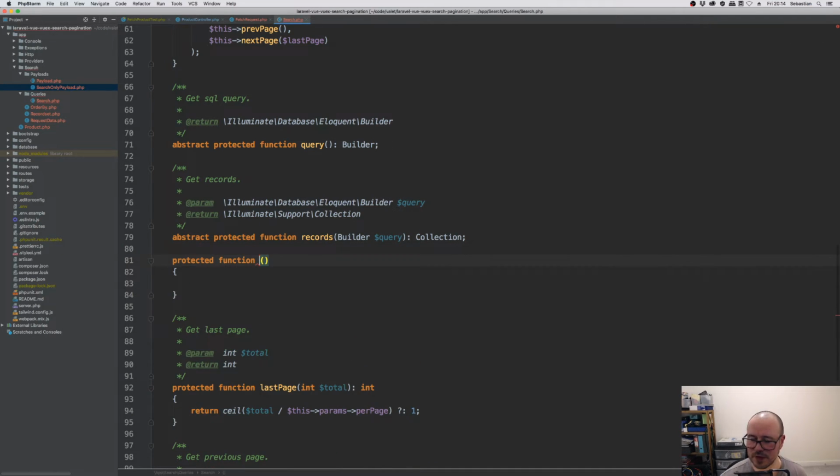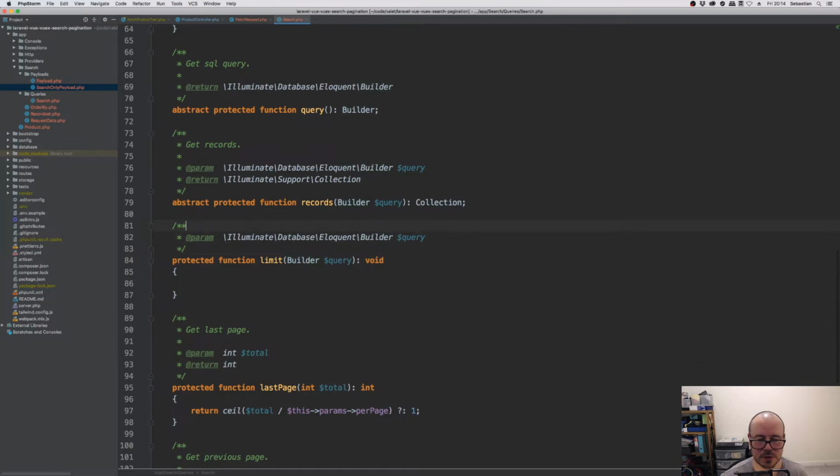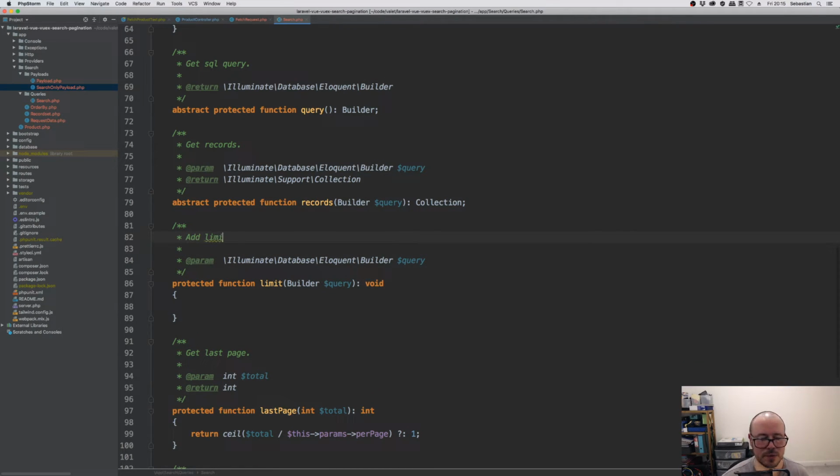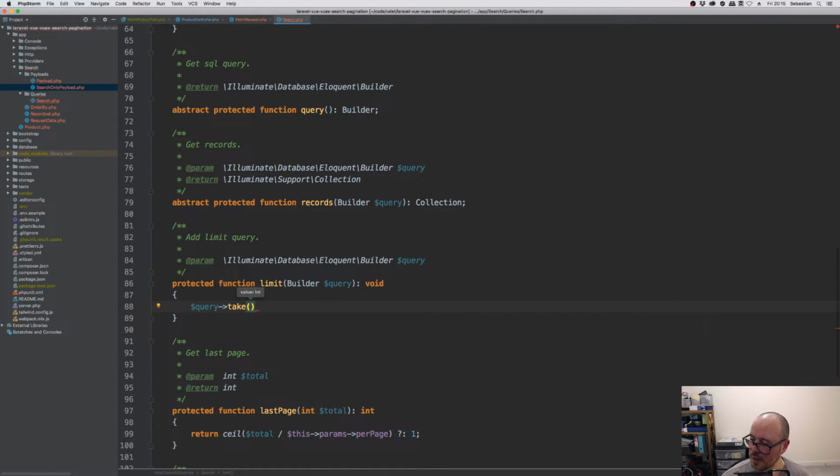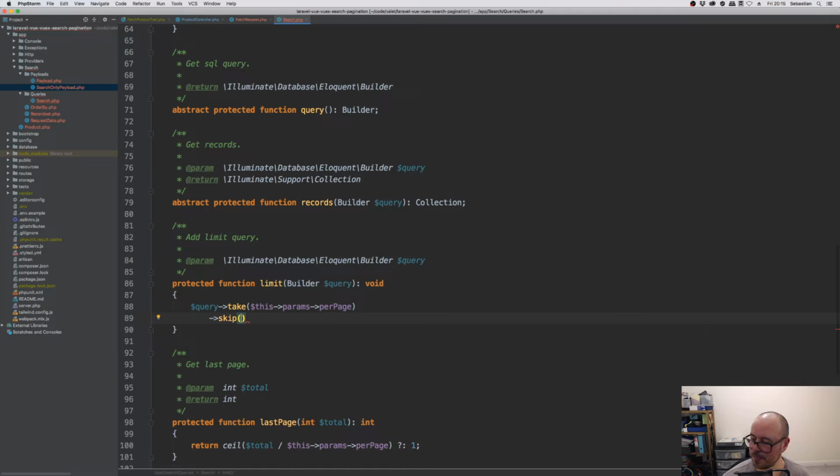So protected function limit, it will take builder, which will represent query, and it will return void. Add limit query. So we're going to take this query and we're going to say take this params per page, so many records, and skip this params page